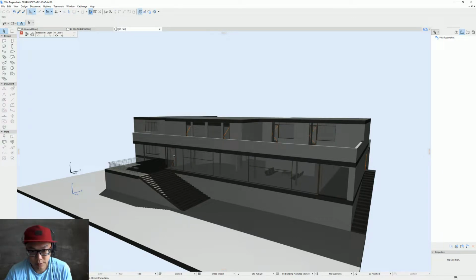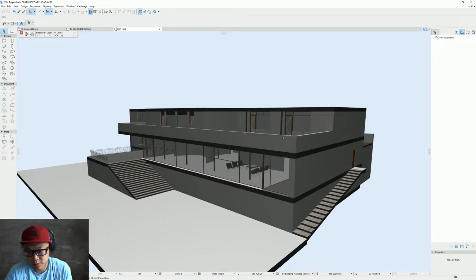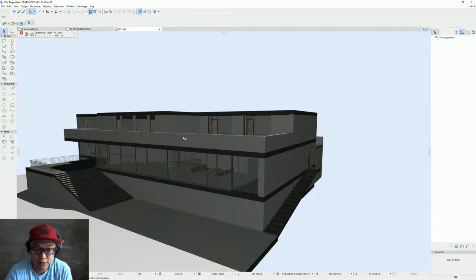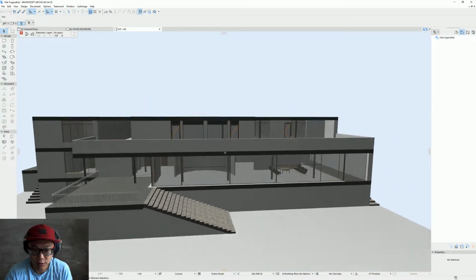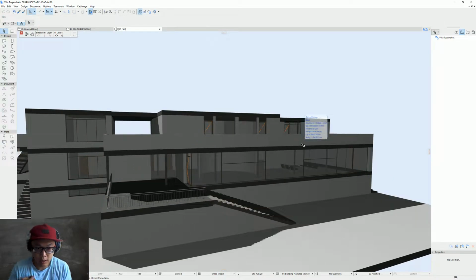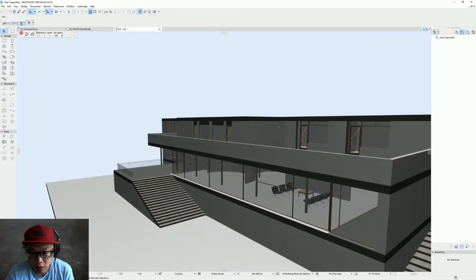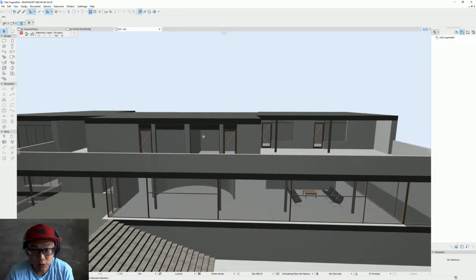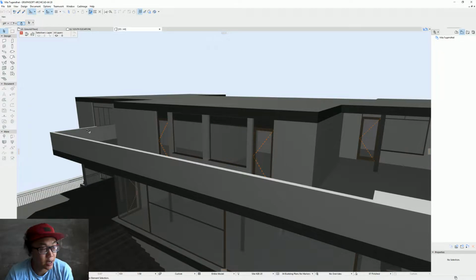Hey everybody, so this is part 12 of the tutorial. I decided to do it live today because I just got a new wireless card, so hopefully the connection is not going to drop. In the last tutorial, I showed you how to add some doors and windows and how to tweak the settings so it looks more like